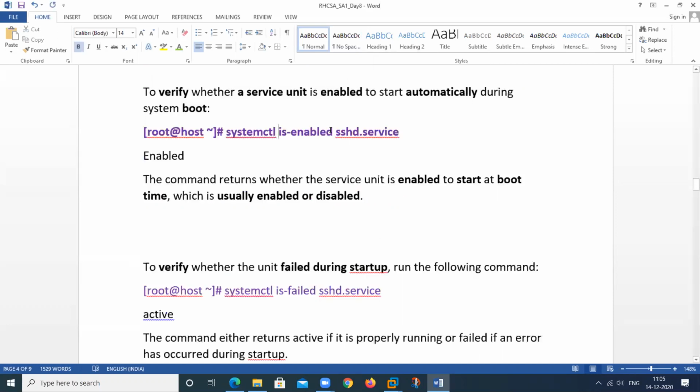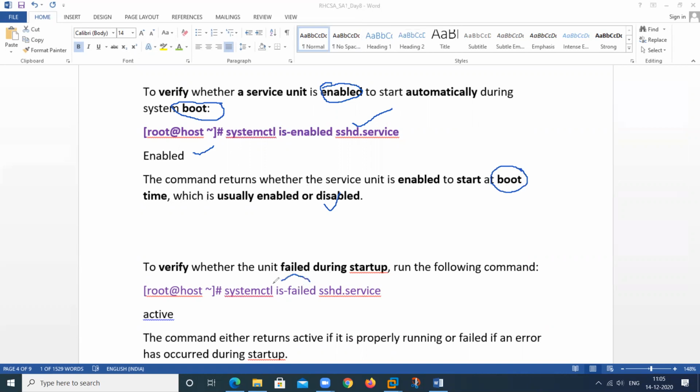And if we use this particular command, it will show the status about enabled. So at booting time, the service will start automatically. If it is disabled, that service will not start at the time of the booting.